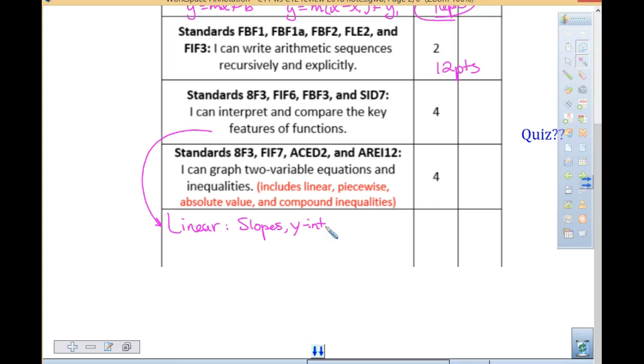You want to tell me something about the slant of the line. Is it positive or is it negative? You might want to tell me, I noticed that they're y-intercepts, okay? So you're going to tell me key features. You might want to think about with linear, will the two lines intersect? If I would graph them, so like if I give you a table and then I give you an equation and I say, if you were going to graph both of these, will they intersect? If they're going to have a point of intersection,